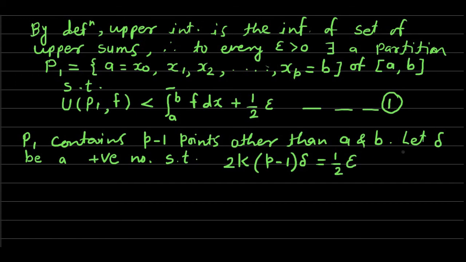Like such, we choose the delta. Okay, delta is a positive real number such that 2k into P minus 1 into